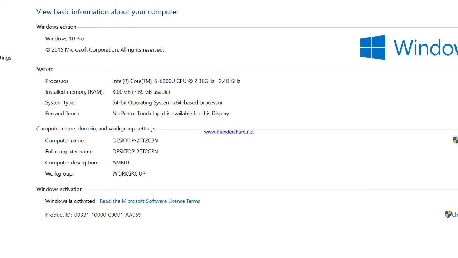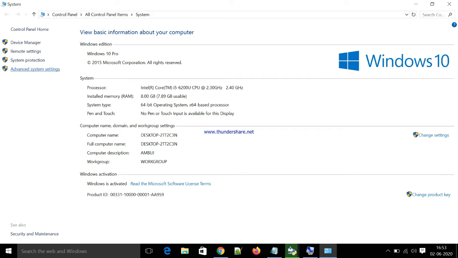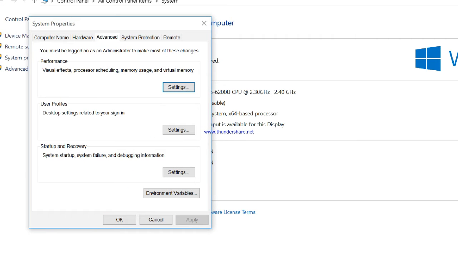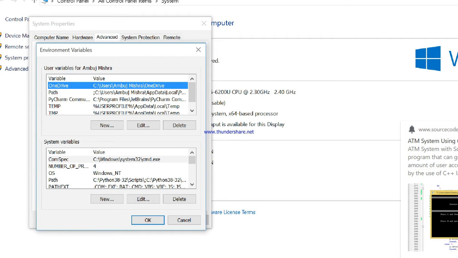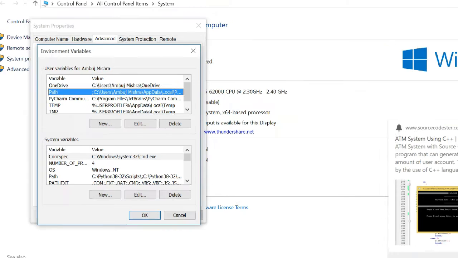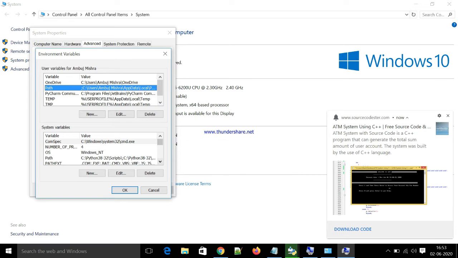After that, you can see advanced system settings. Click on it and a window will be prompted. Then here is an option, environment variable. When you click on this environment variable, this is the path variable where you have to set the path of Python. Just wait, let the installation finish, then I will tell you how you can copy the path and paste it over here.